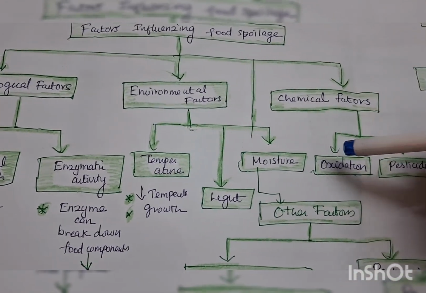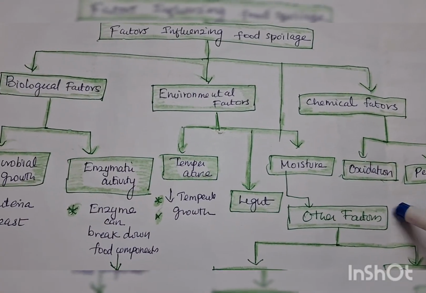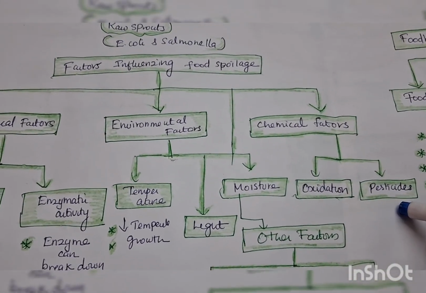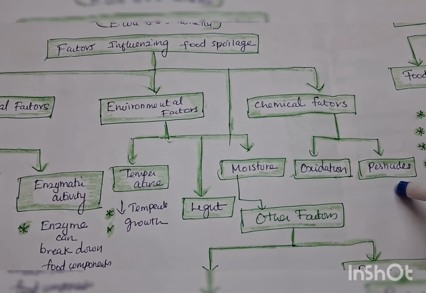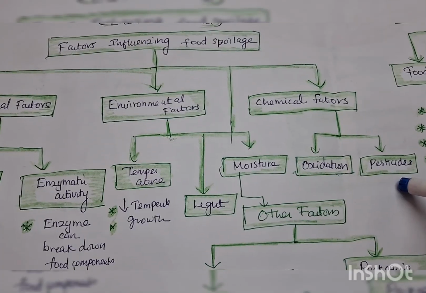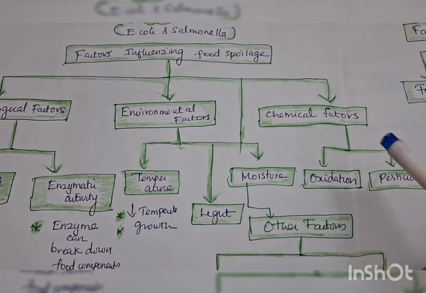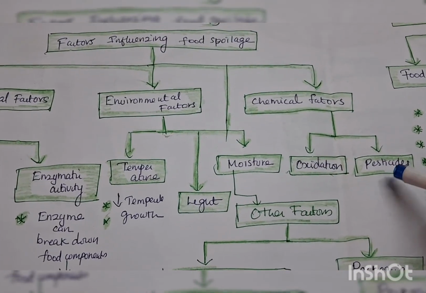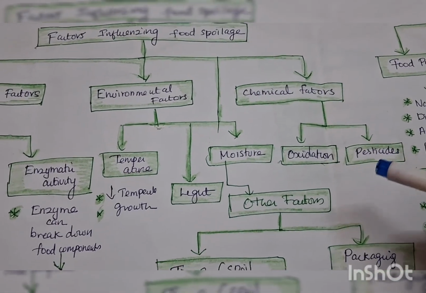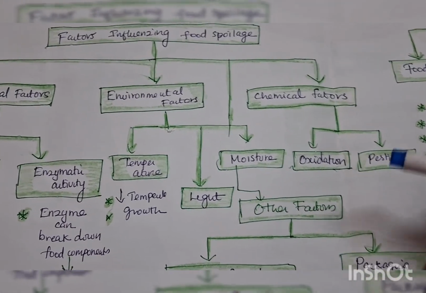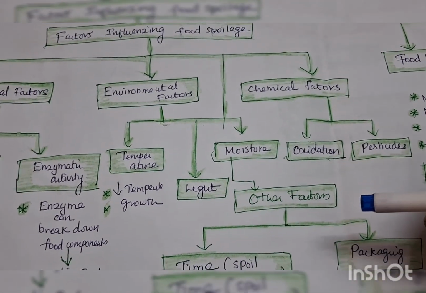Chemical factors are moisture, oxidation and pesticides. Why are oxidation and pesticides food poison? Some of the food we are not washing. Most cultivation takes place using pesticides to kill the insects which affect the growth of the flowers or the ripening of the fruits. So the farmers use very heavy metal containing pesticides. If you come home and do not wash an apple, banana or guava, whatever it may be, and eat it, that pesticide may affect you. A banana we peel and eat, but those we do not wash, the pesticide may affect you.